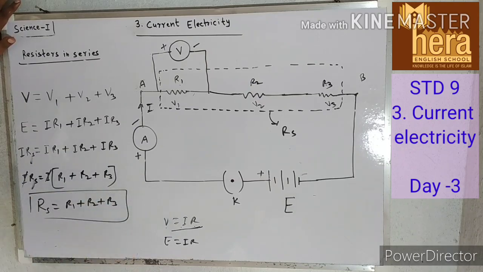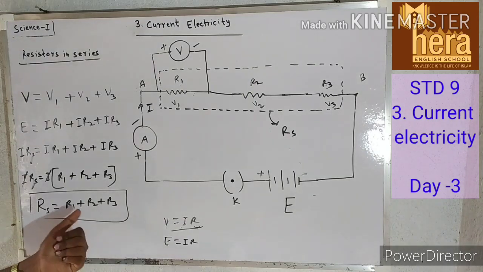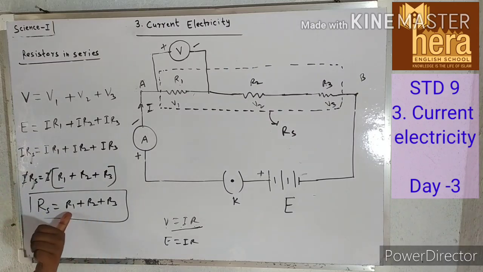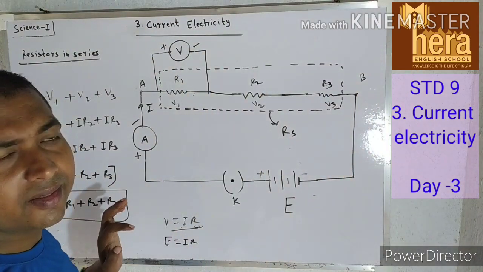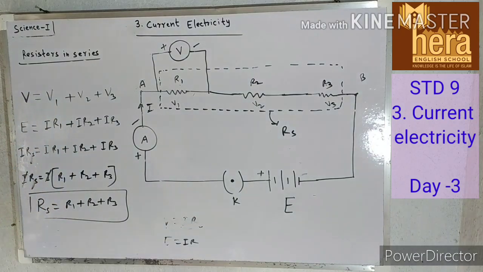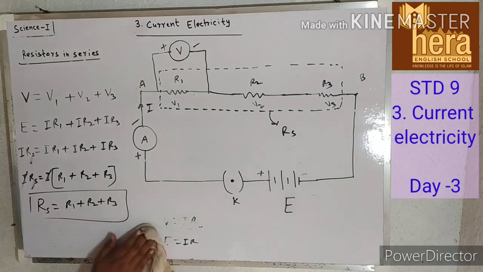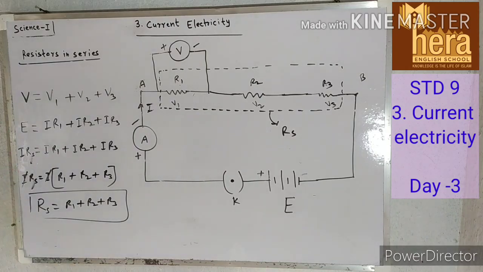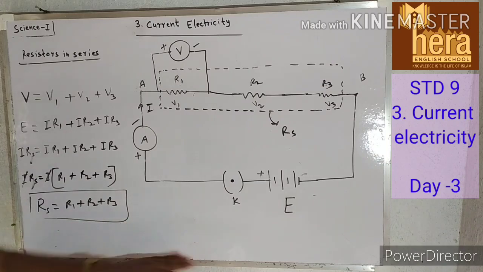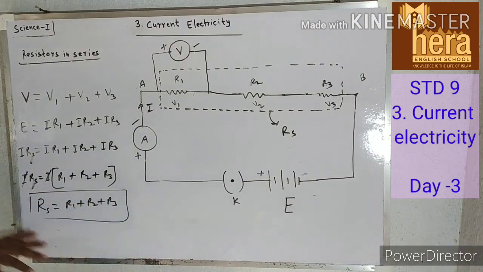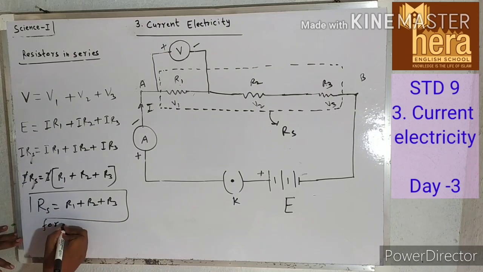This is the formula. If there are three resistors connected in series, in that case total resistance RS is equal to R1 plus R2 plus R3. If there are n resistors connected in series, this is for three resistors. If there are n resistors, in that case, for n resistors